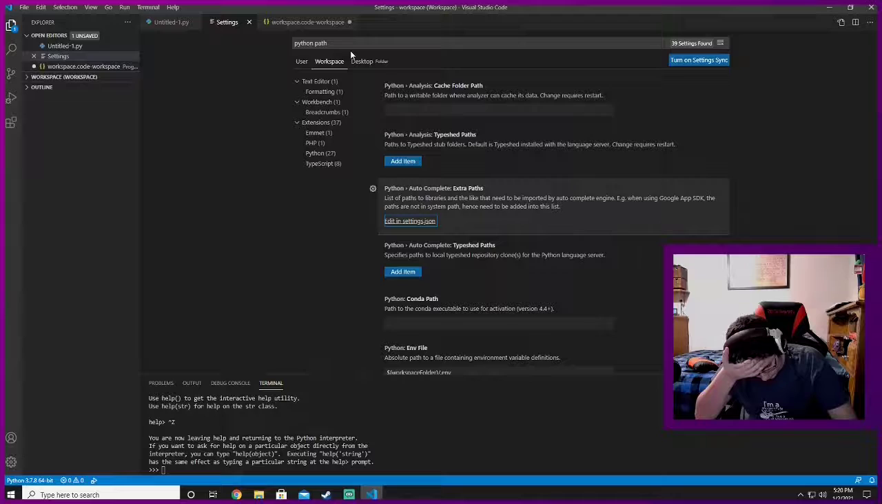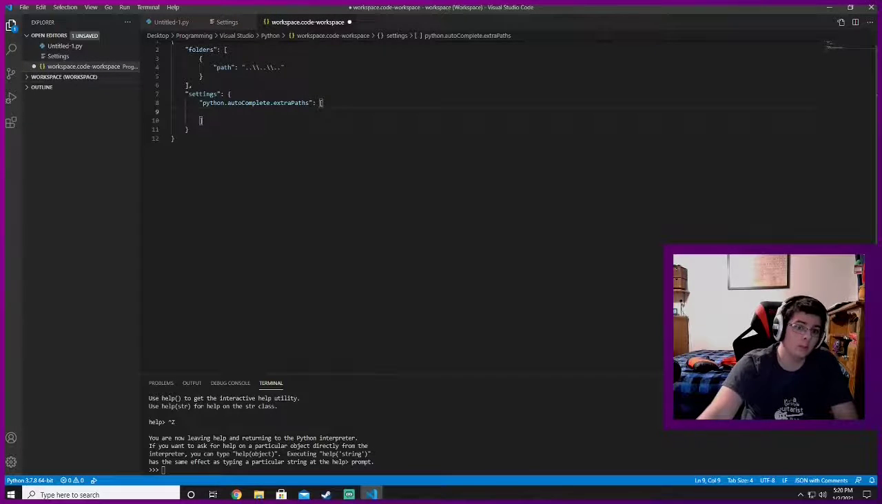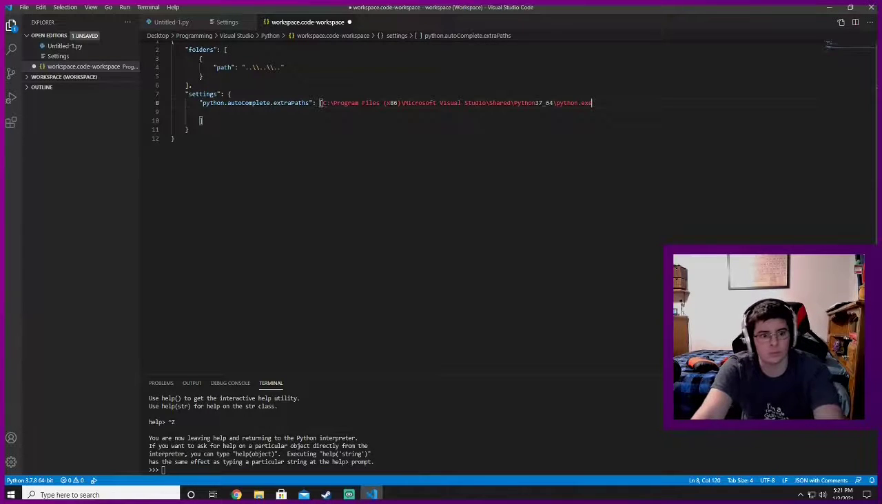So, we go to folders, and then we go settings, and after the curly bracket we put what we copied. Right. Folders, settings. And then it's extra paths, Python.Python path, and then